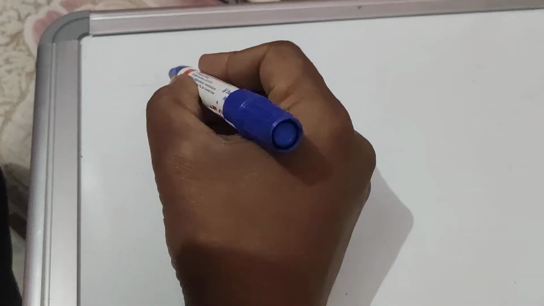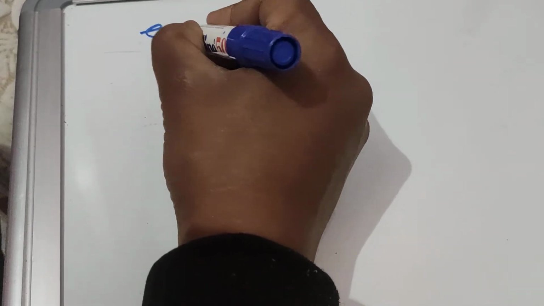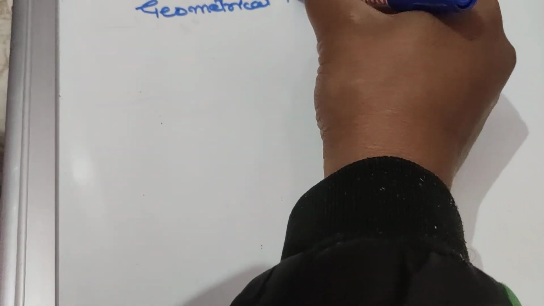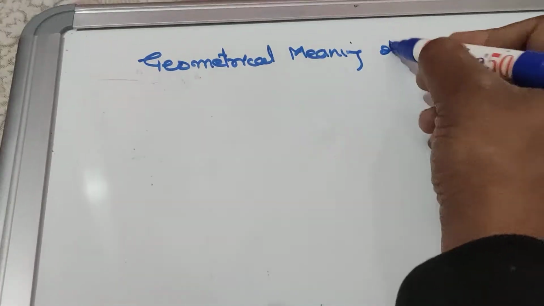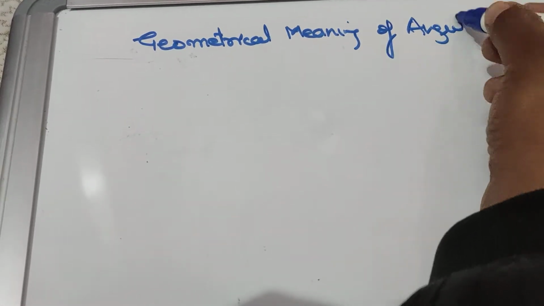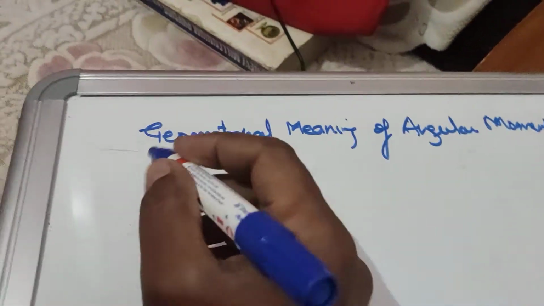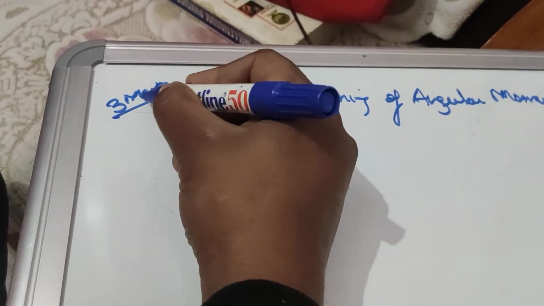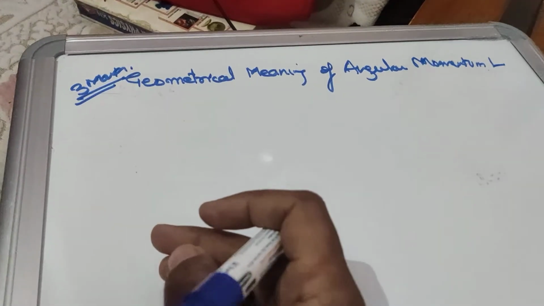हेलो बच्चों, आज का जो हमारा टॉपिक है, दैट इज ज्योमेट्रिकल मीनिंग ऑफ एंगुलर मोमेंटम। वेरी इंपॉर्टेंट टॉपिक। 3 नंबर में डायरेक्ट आपको क्वेश्चन आएगा पेपर में से, ज्योमेट्रिकल मीनिंग ऑफ एंगुलर मोमेंटम। सो बेसिकली